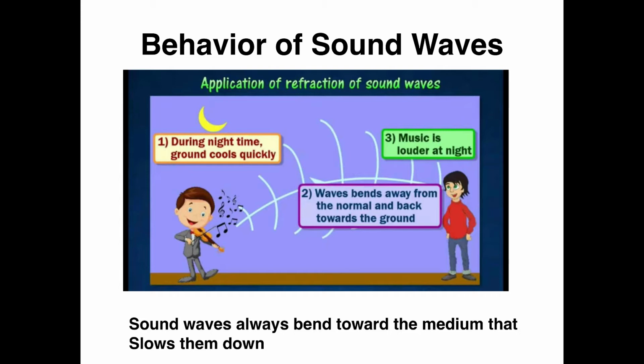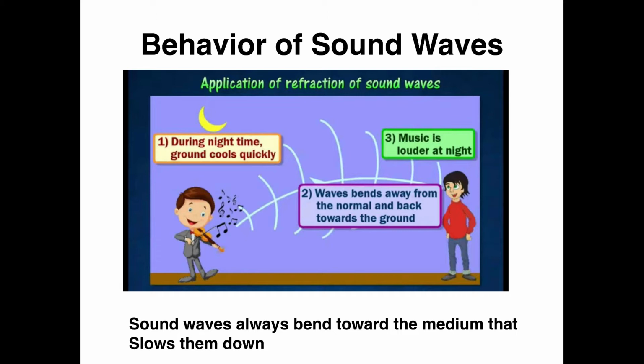Remember, decreasing temperature slows sound down, increasing temperature speeds it up. So if you play music, the air higher up is cooler, and so it slows it down, and it bends therefore toward that,